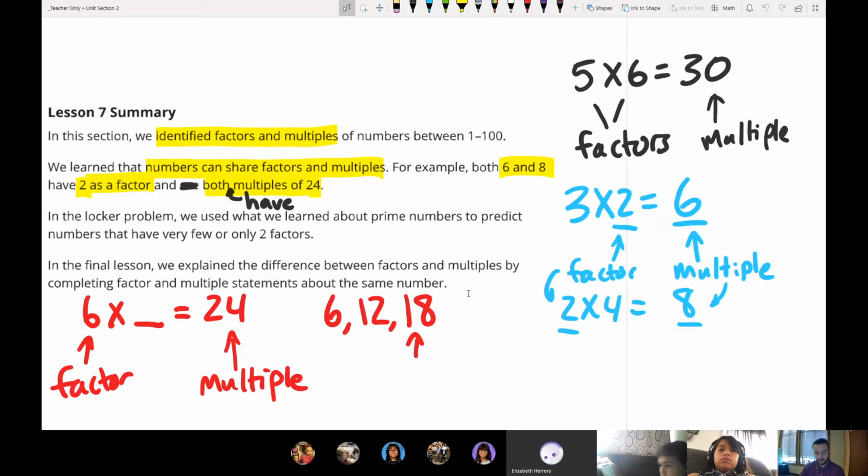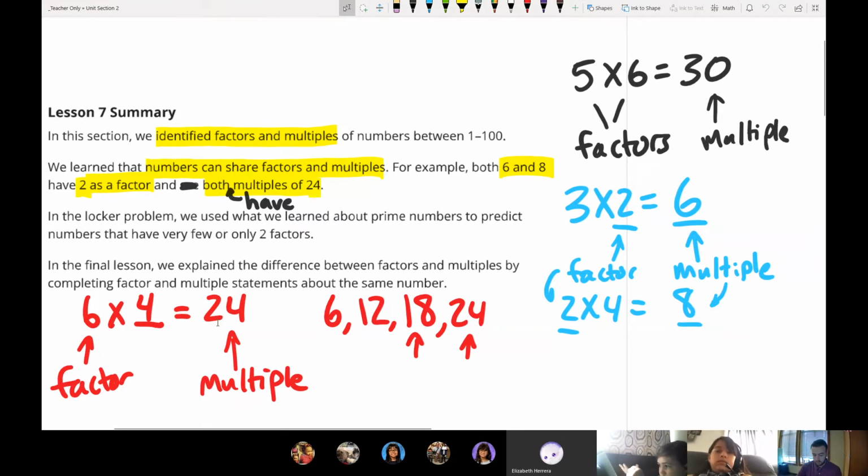4? Yeah, so if we were to count one more time, then there's our fourth one, and there's 24. So 6 times 4 gives us 24. So that proves that 24 is a multiple of 6, right? Because the multiple is at the end here. 6 is one of the factors in the factor pair, so therefore we can skip count by 6 and land